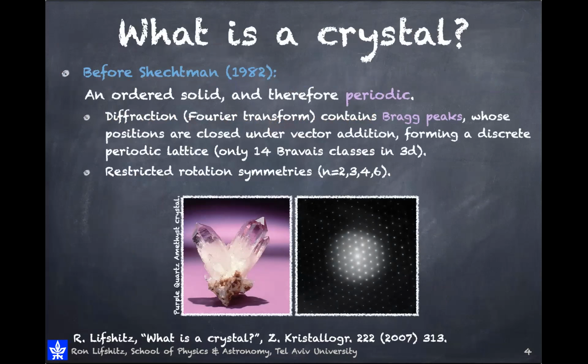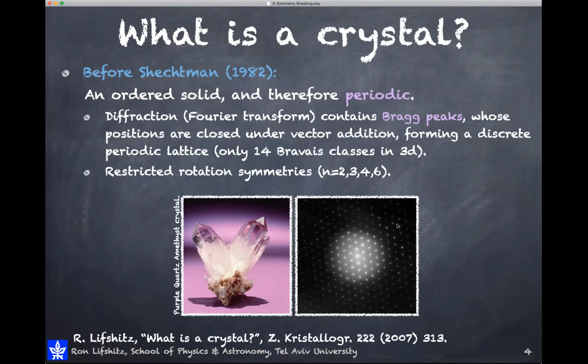And as you all know, it's a famous story. Before Shechtman's famous discovery in 1982, essentially our understanding was that a crystal is an ordered solid. And if it's ordered, if there is correlation in the positions of the particles that compose this crystal, the atoms or the molecules, then the crystal has to be periodic. And for a periodic crystal, we learned for about a century or more that it has a lot of very nice features. Among those features is the fact that when we perform diffraction, like this image here on the right,